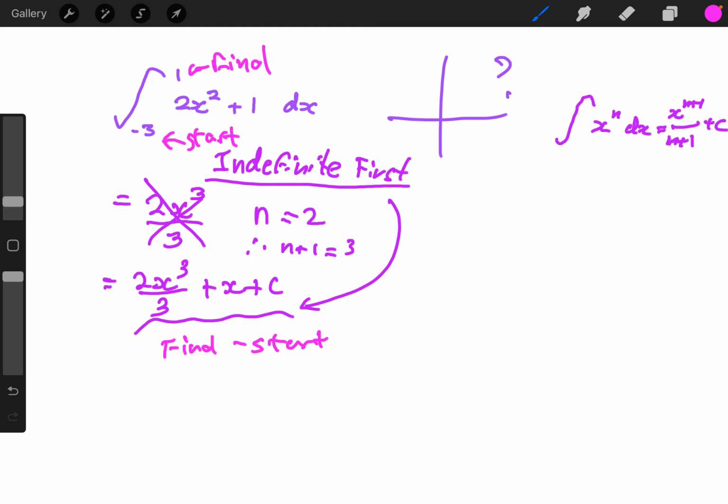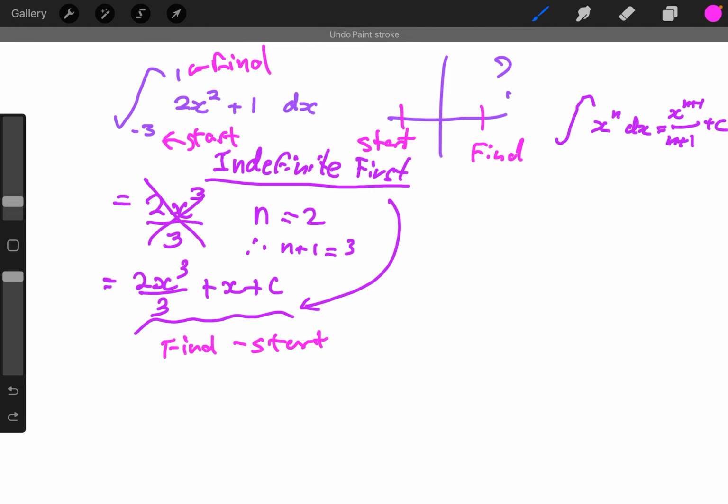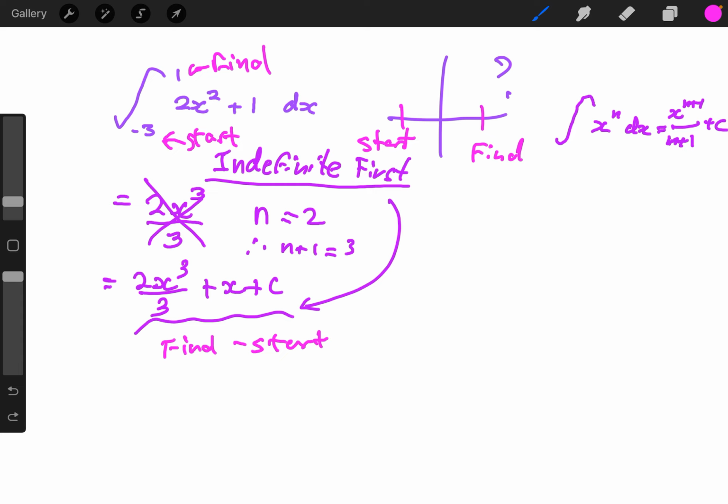If you're wondering how you can find this on a graph, final and start. Start will always be the more negative number, kind of, you know what I mean? The lower number. The more on the left, pretty much. So final minus start,